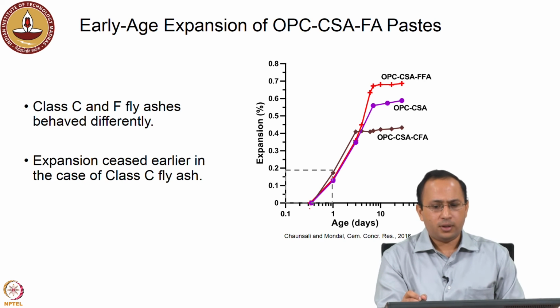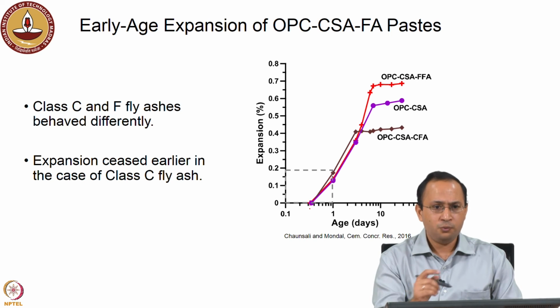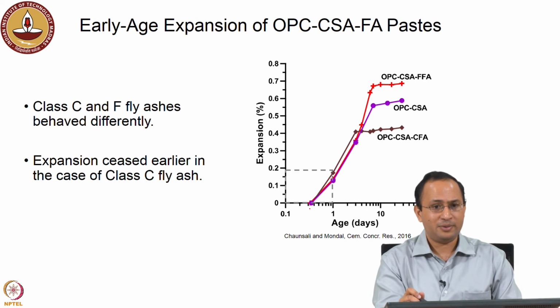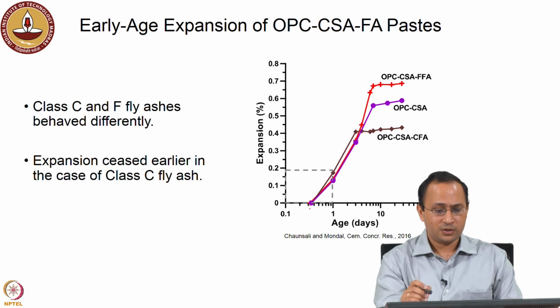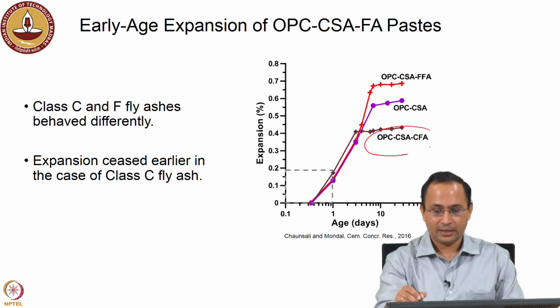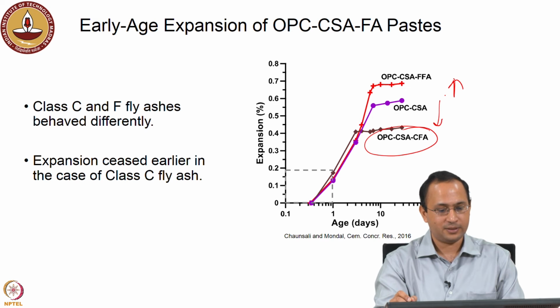Now, depending on the use of mineral admixtures, we saw earlier in isothermal calorimetry that class C fly ash behaved differently, because there was a gypsum depletion in class C fly ash. So, the effect of that on expansion is also shown here. When you have class C fly ash in the system, the expansion was less compared to the plain system, but when you had class F fly ash, there was an increase in expansion. It again ties back to your isothermal calorimetry data. So, these are the techniques that can be used to understand what is happening,